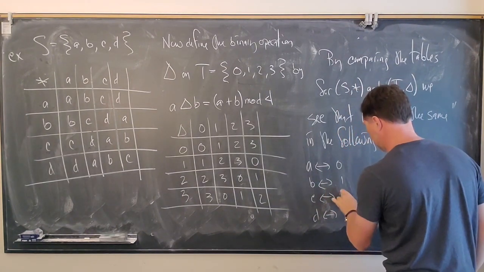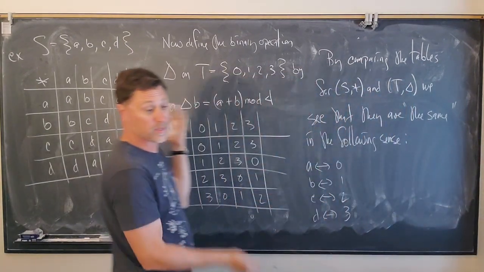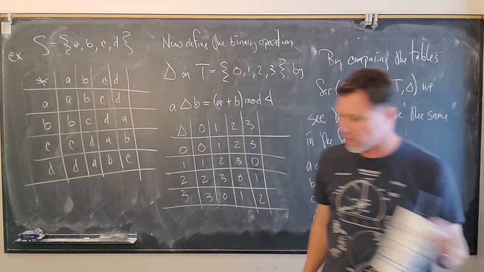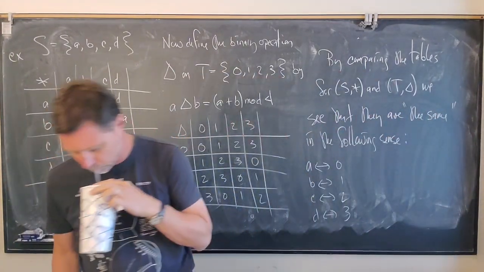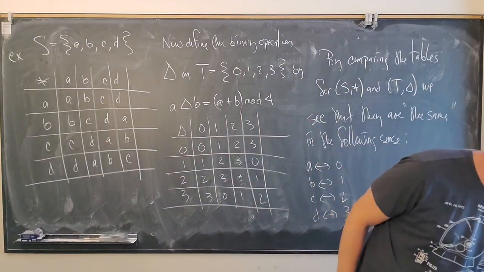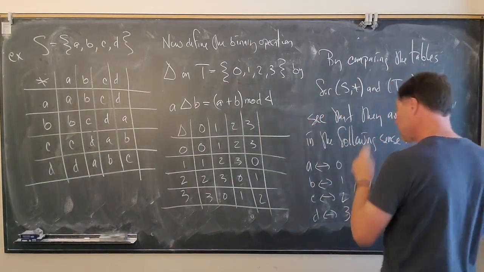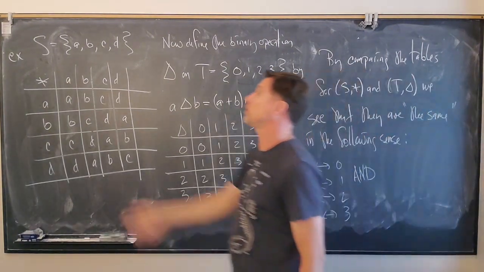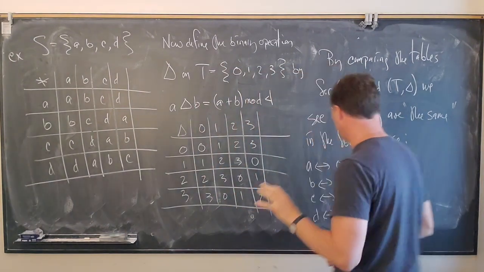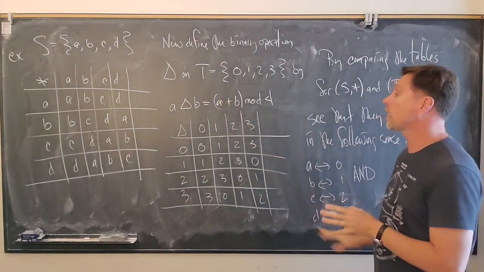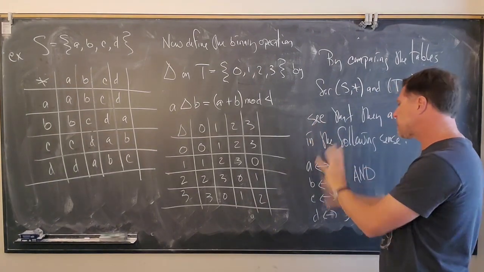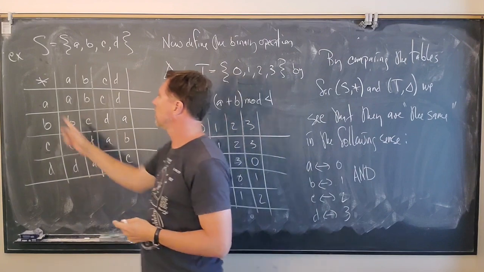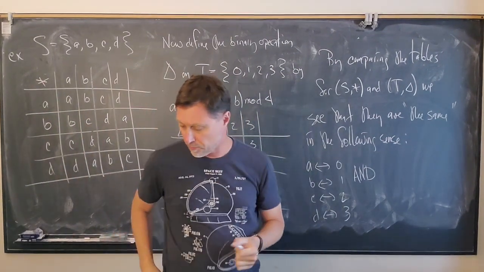Okay, so what? Yes, of course there is. There's 4 elements in both sets, so of course there's a bijection between them. But the correspondence is a little bit stronger. So we need to say, and this is the important part, it's not just the fact that there's a bijection between the set S and T. That's not so exciting. The exciting part, the thing that we want to notice here, is that this correspondence pays attention to, it respects the binary operations. So in the sense where